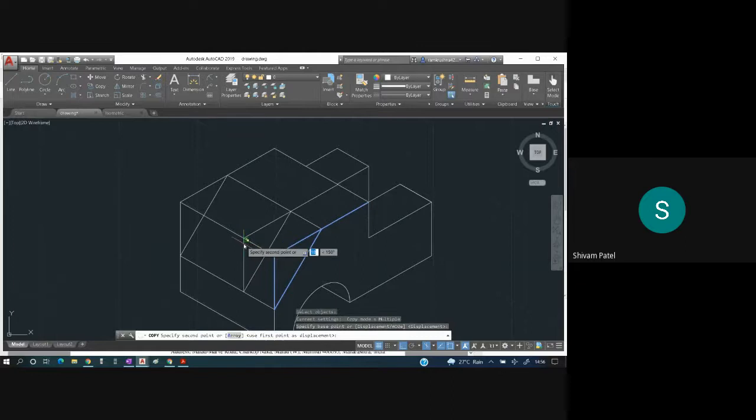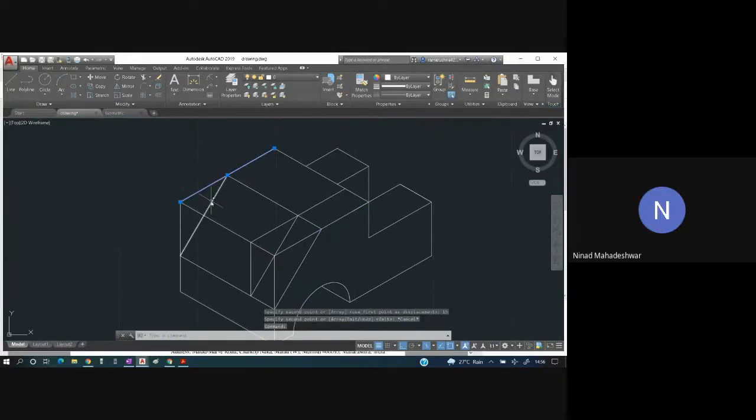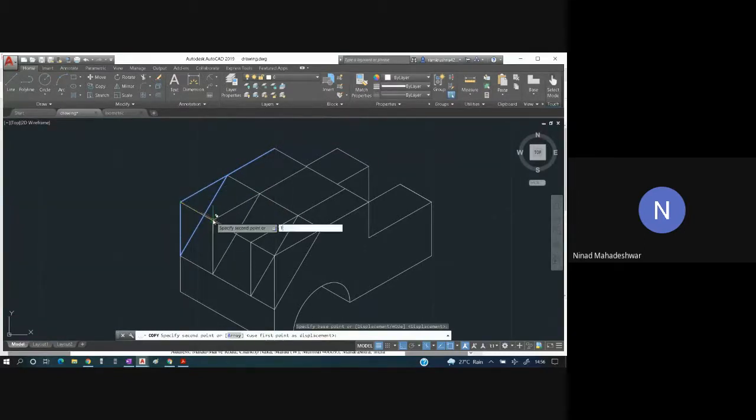From here it should go by 15 which is inside. Okay, similarly from the other end also, it should come inside by 15. So copy this from this end inside by how many? 15. Okay, so this is done.